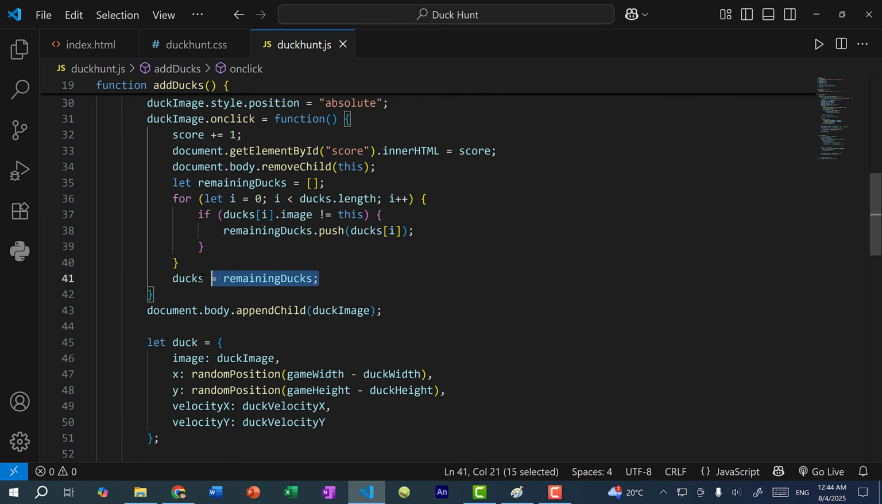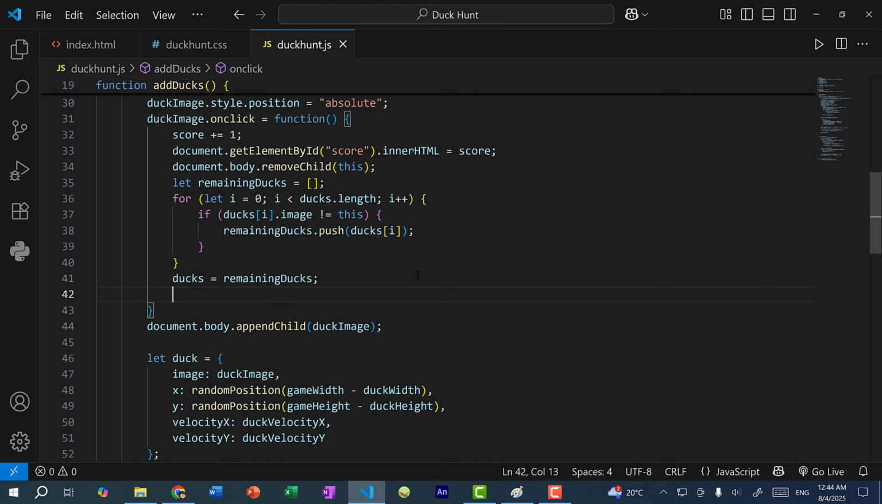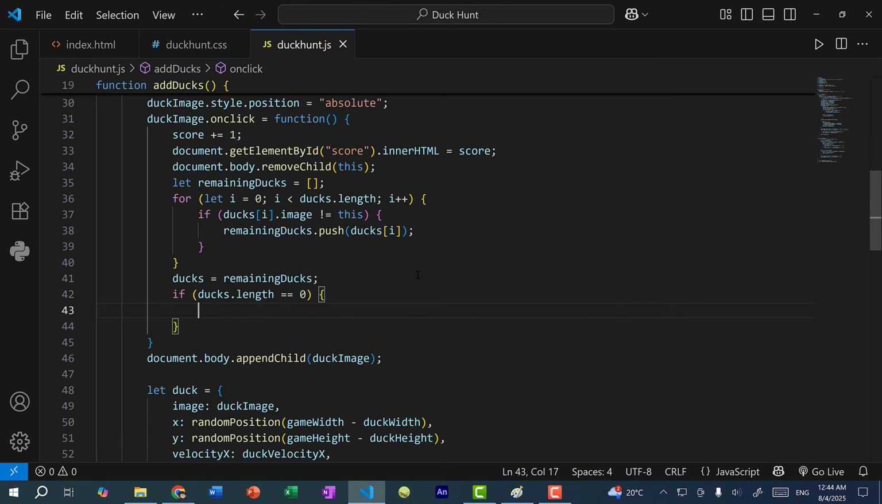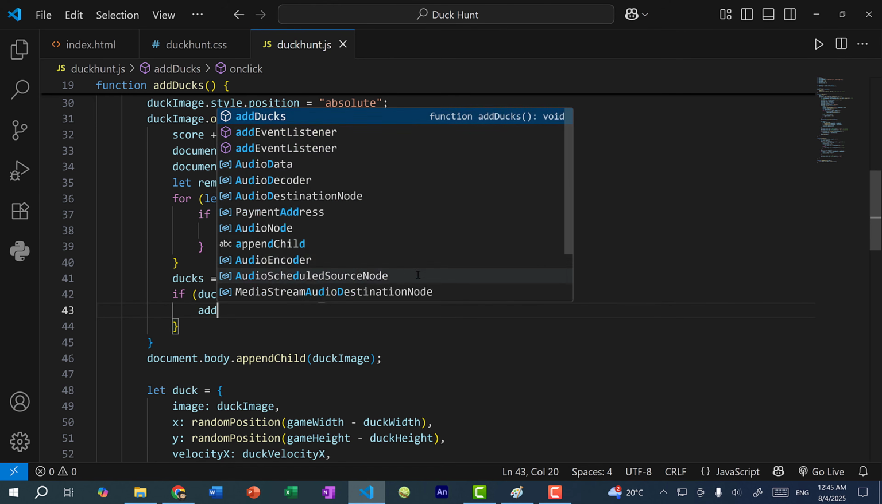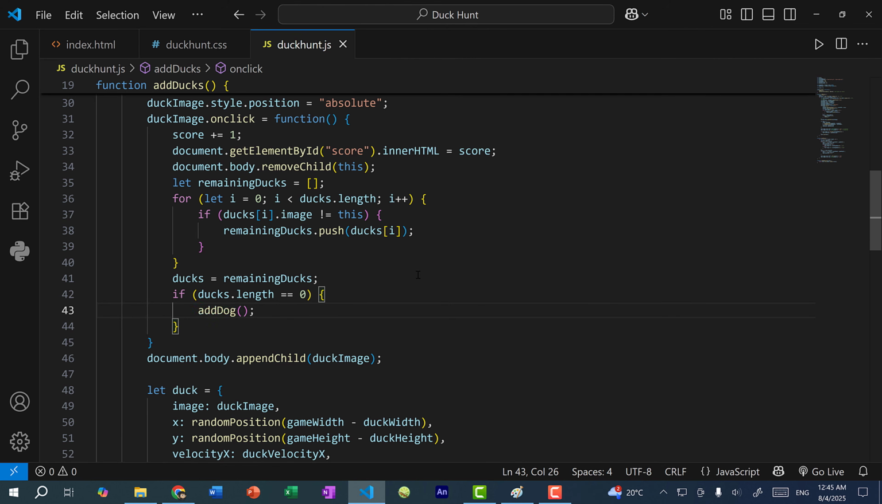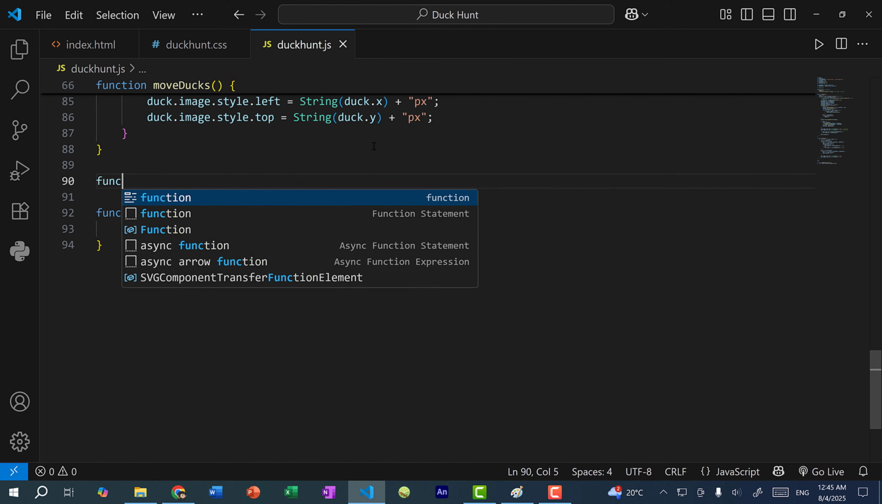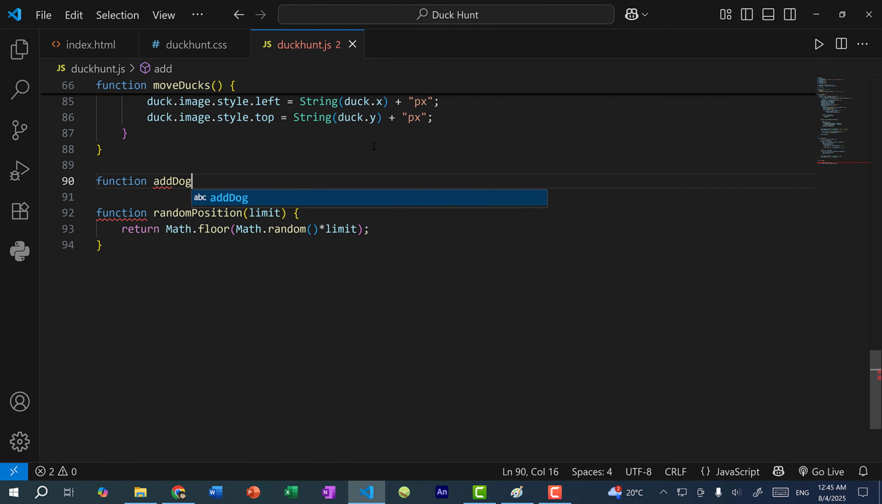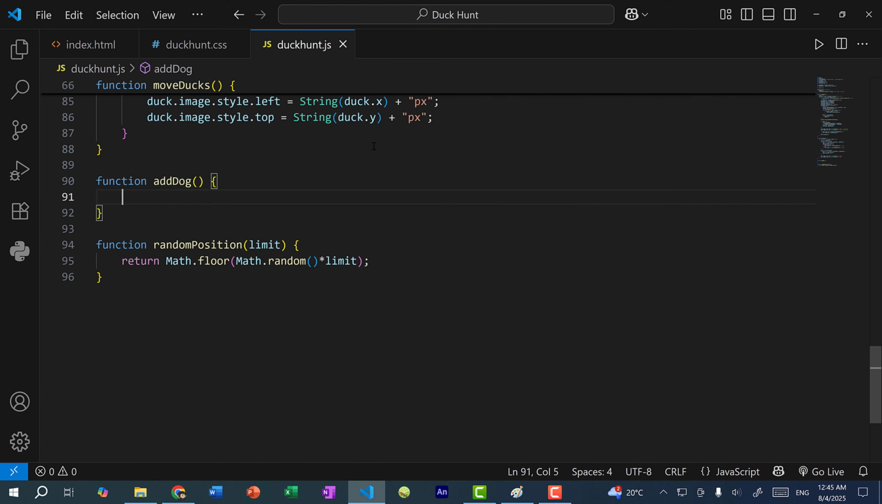So over here, where we have the ducks array updated, we're going to make a check. If ducks.length is equal to 0, this means we shot all the ducks on the field. I'm going to call addDog. So down here, let's add a function called addDog. And like with the duck, we're going to create an image tag for the dog. So let dogImage is equal to